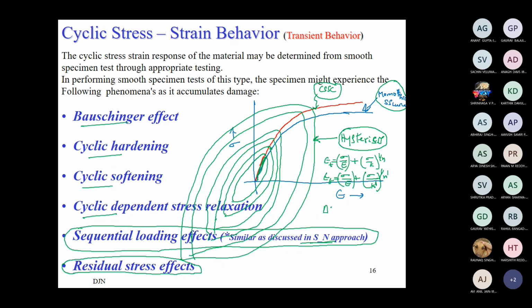And we need to be aware about the elastic part. Total strain range is delta epsilon by 2E plus delta epsilon plastic by 2. Okay. Hysteresis loop equation. All the equations are in the same fashion, Ramberg-Osgood type of equation fashion. It is just a stress-strain relationship for these curves. Based on this, we will have all further discussion.